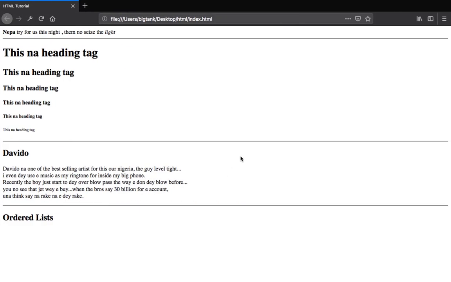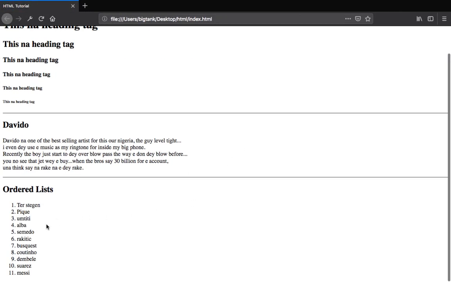Alright, so if I do it like this, you see what happens. You see how the thing is now. The only thing is that I specify the items in an ordered list. So test again is number 1, PK 2, 3 like that. It is just the list, and everything comes out in number format. So that is what the ordered list does, and you don't get much stress.